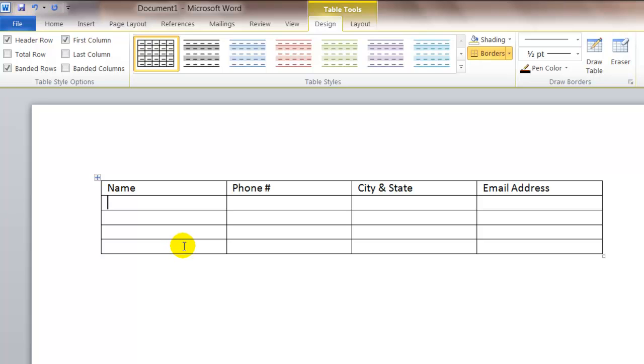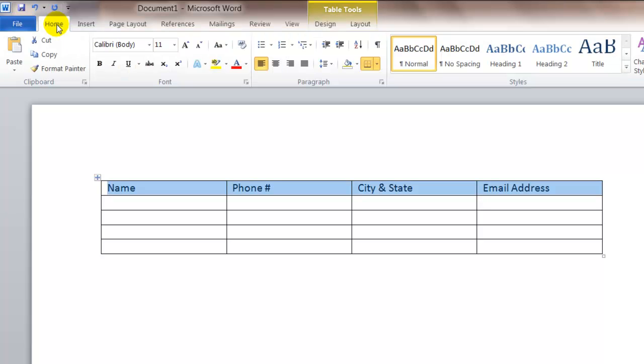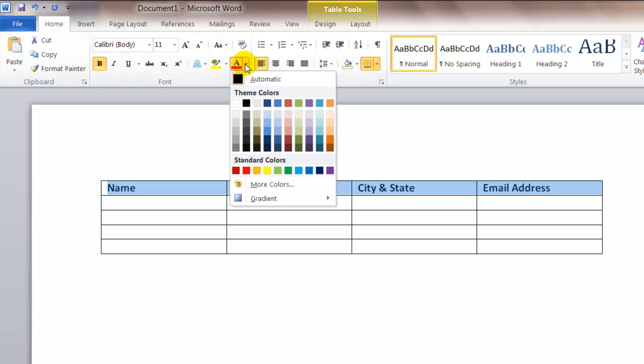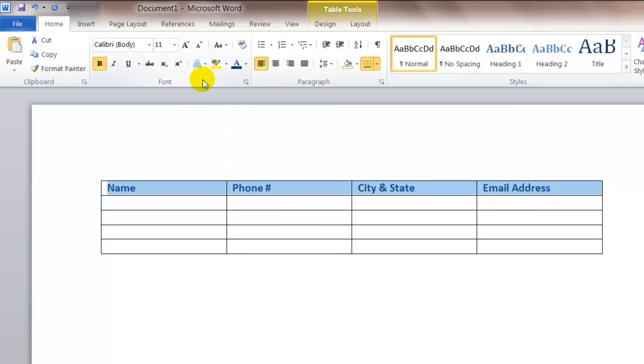So you might want to do a little bit of formatting. Let's review just a little bit of the formatting, because remember, you can format in tables the same you can format in any Word document. So if I select the first row of this table, this is going to be my title row, I could make the font bold and I could change the color, doing all that from the Home tab on the font